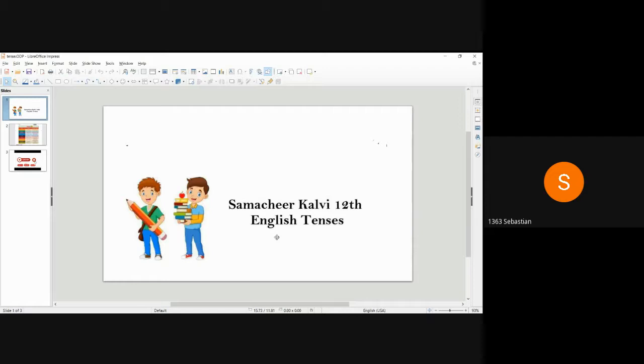Today we are learning tenses. Tenses of verbs are used to express time. They indicate the time and state of action. The following chart will help you understand the tense forms better.